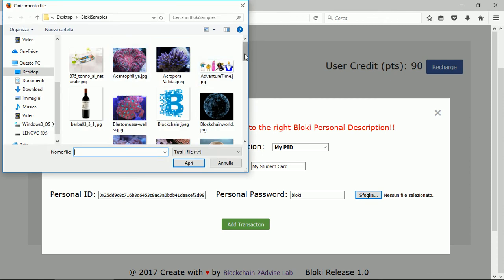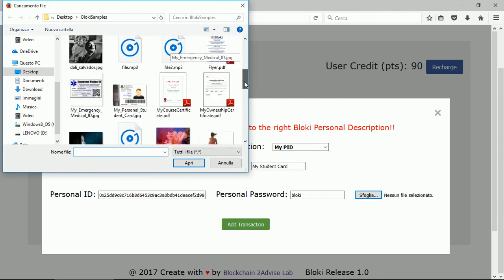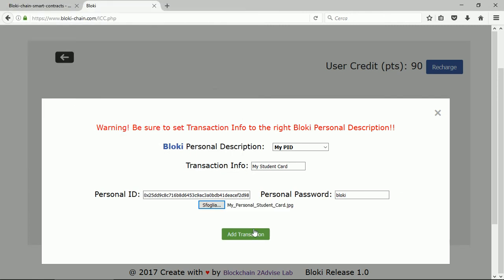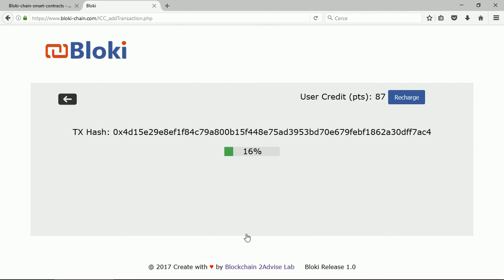I'm choosing my document. Here we go, my personal student card. Let's open and click on add transaction. We have to wait for the TXS. Ethereum blockchain is mining my transaction, so we have to wait about 1 minute. Okay, 100%. This is the TXS of my transaction,